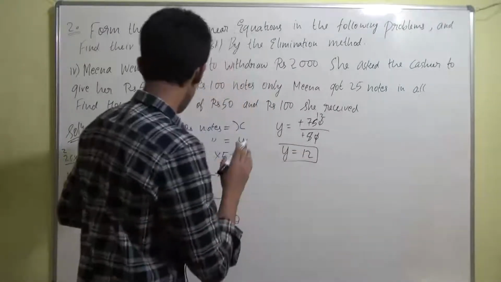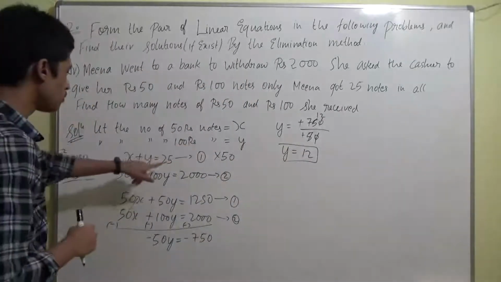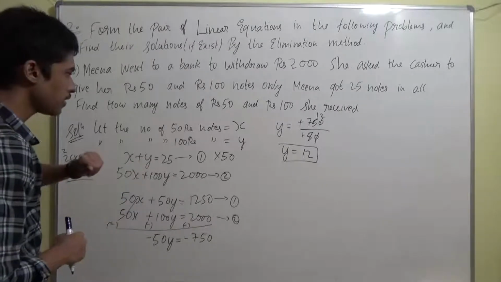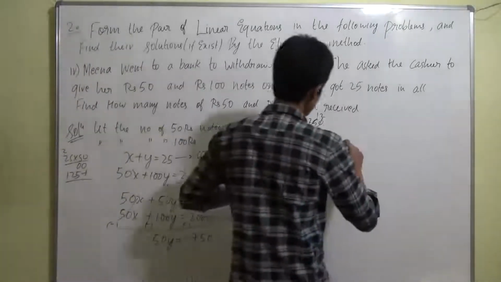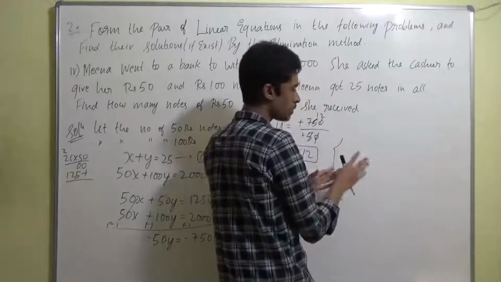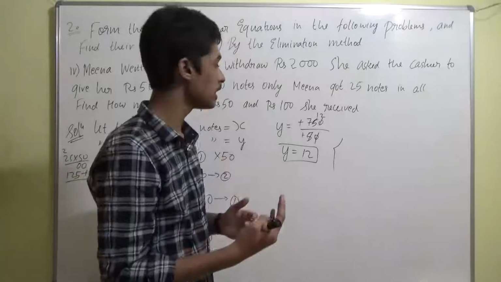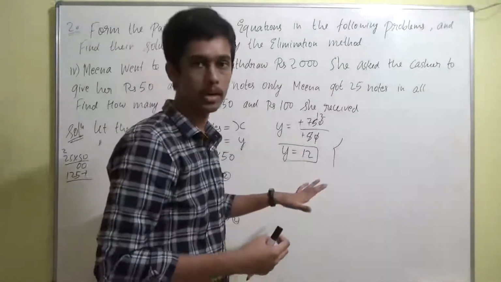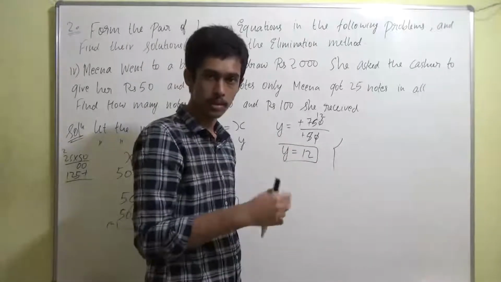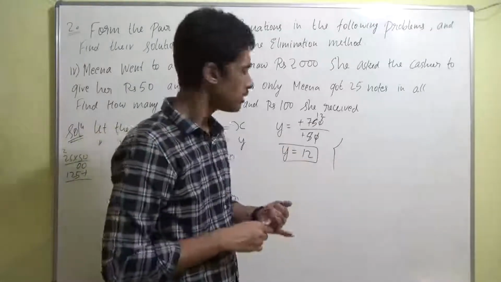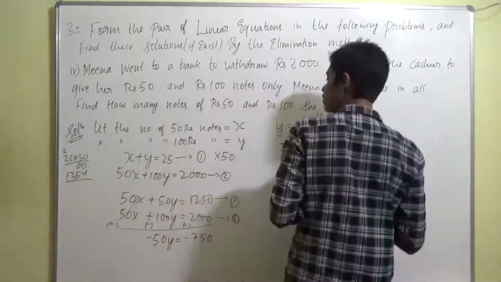Now we have to find the value of x. If we plug this value of y in equation 1, we are going to get the value of x. So we will write it here. So all these steps you have to write it, guys. In your paper you have to write it neatly. In few questions I might not have written it, I would have said it orally, but you have to write it in paper, right? You are not going to talk with your teacher through the paper, so you have to write it verbally. Yeah, you have to write it, so keep that always in your mind.